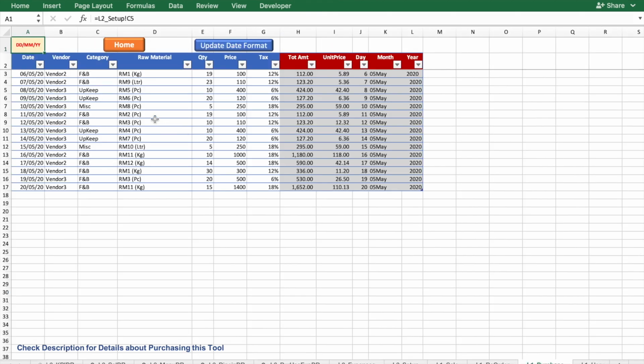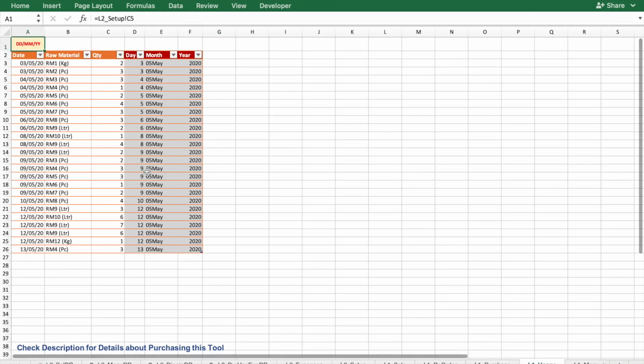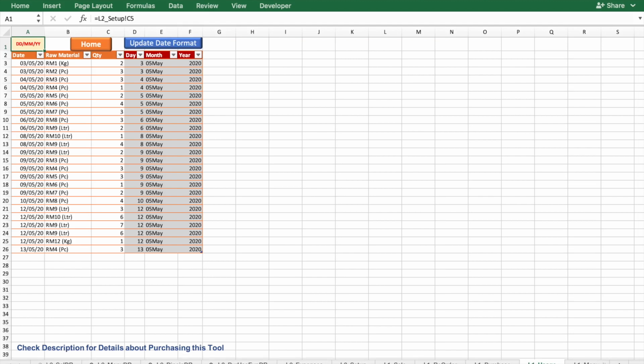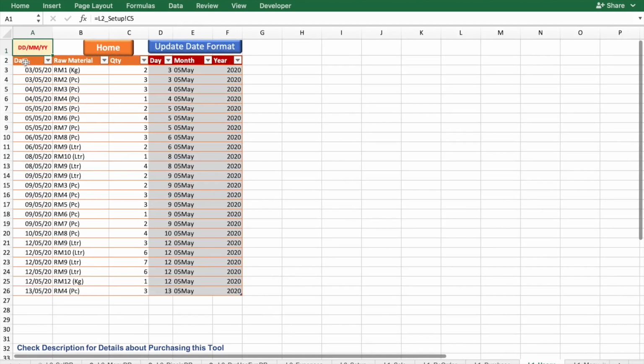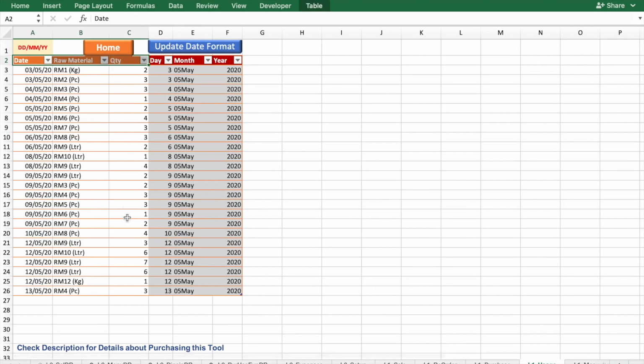So this is the purchase sheet, again divided into 2 categories. The blue part needs to be filled by us and the red part is automatically calculated by the tool. Then comes the usage section. Again, a really simple data table to be filled in, where you have to fill in basically 3 cells.